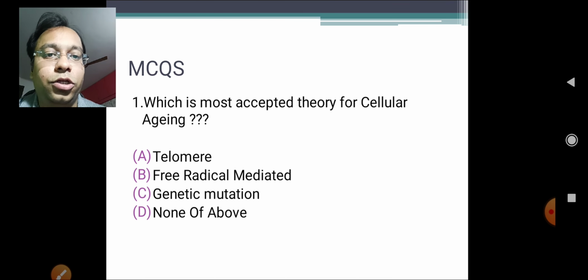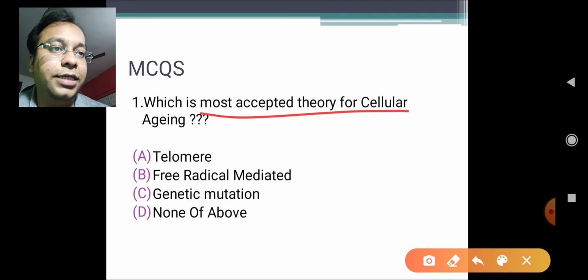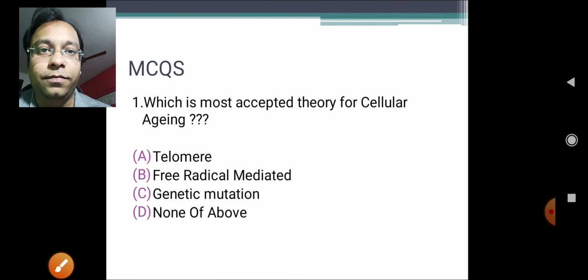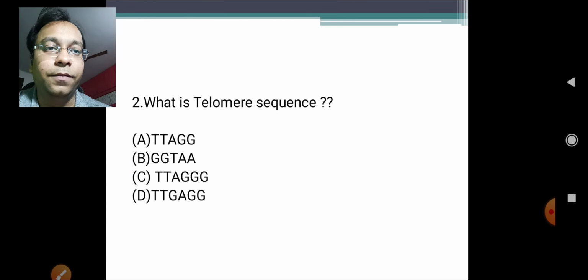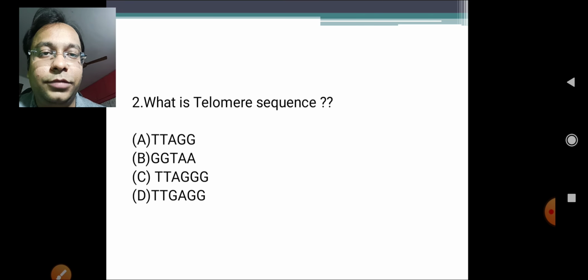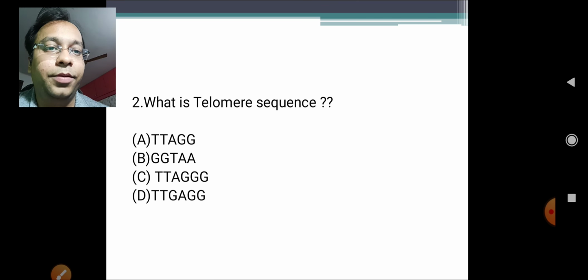Okay. The first MCQ: which is the most accepted theory of cellular aging? Obviously your answer should be free radical mediated damage, so the answer is B. Okay, what is the telomere sequence? That is present at the end of the chromosome. So remember, guys, it's